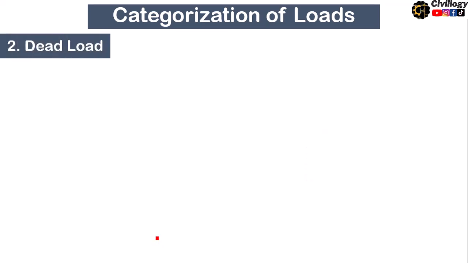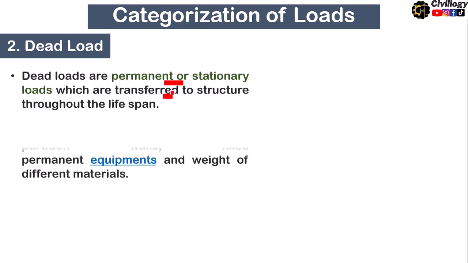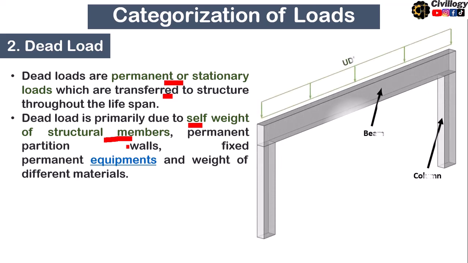The second type of load is dead load. Dead loads are permanent or stationary loads, okay, which are transferred to the structure throughout its lifespan. Dead load is primarily due to the self-weight of structural members, permanent partition walls, fixed permanent equipment, and weight of different